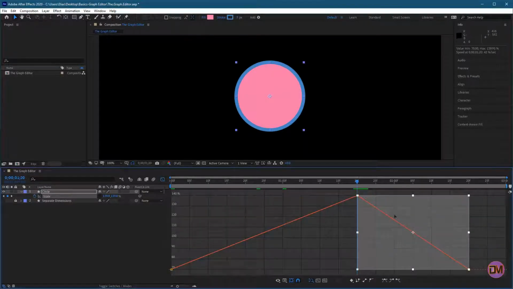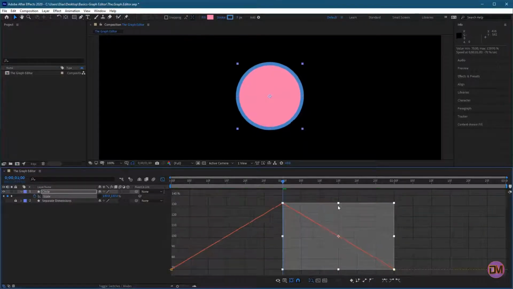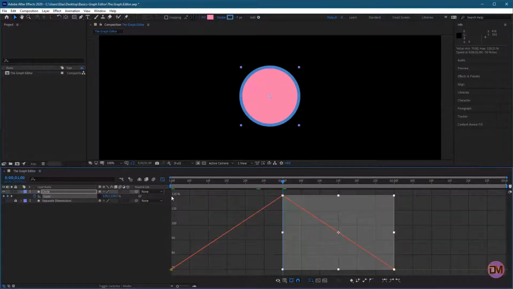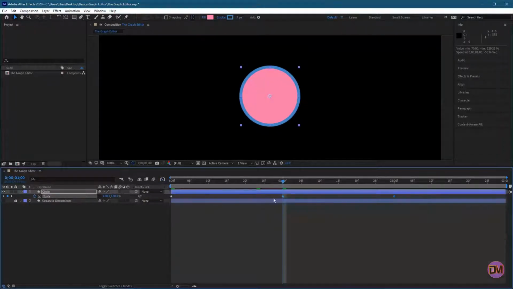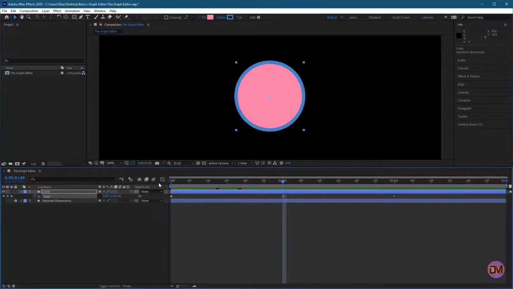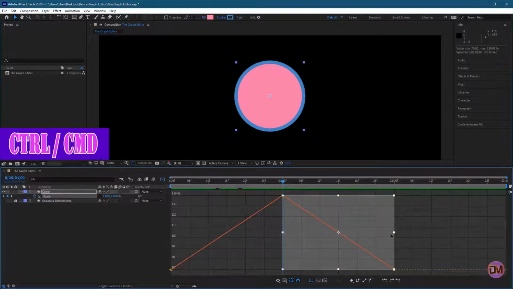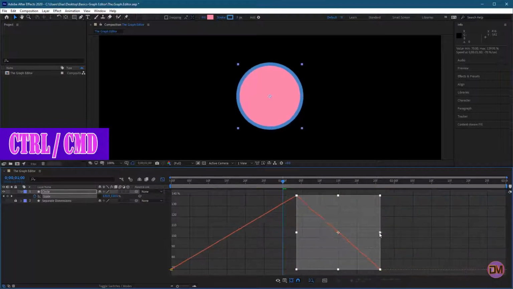We can move those keyframes down, which means the scale property has changed from 140% to something like 120. Again, this is reflected when we switch to the layer bar mode and look at the scale property of that keyframe. With multiple keyframes selected, we can scale values around the center of the anchor point by holding the Control